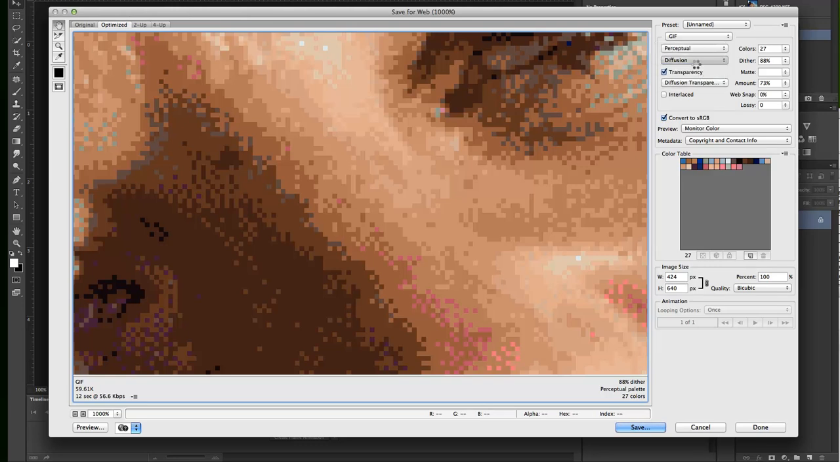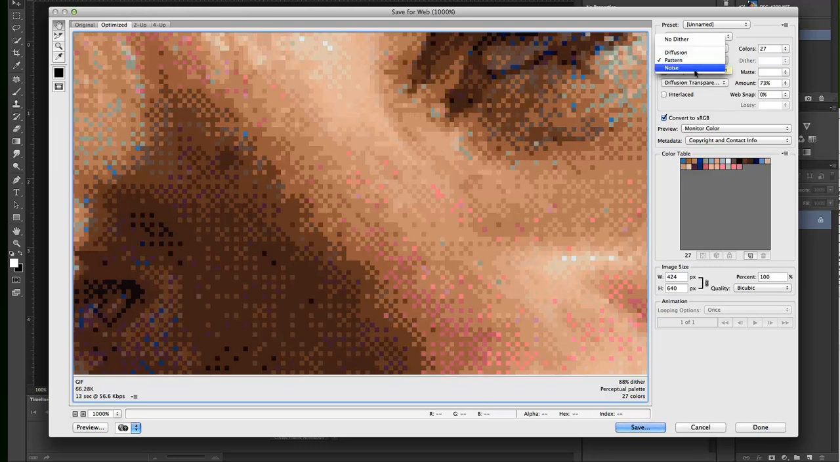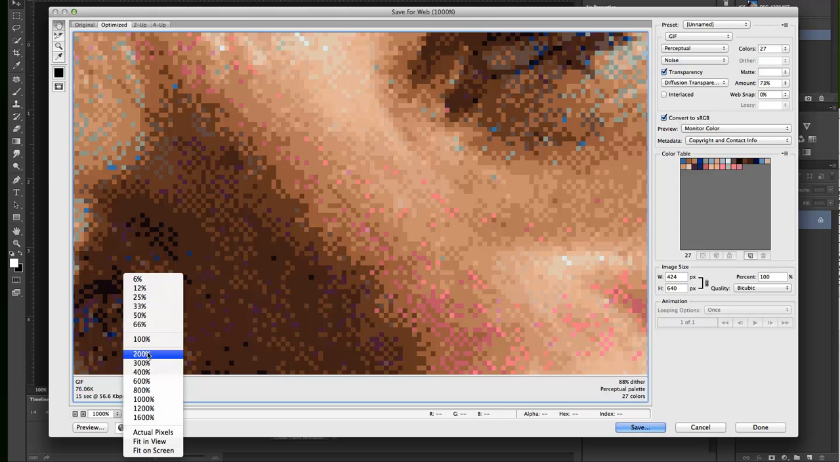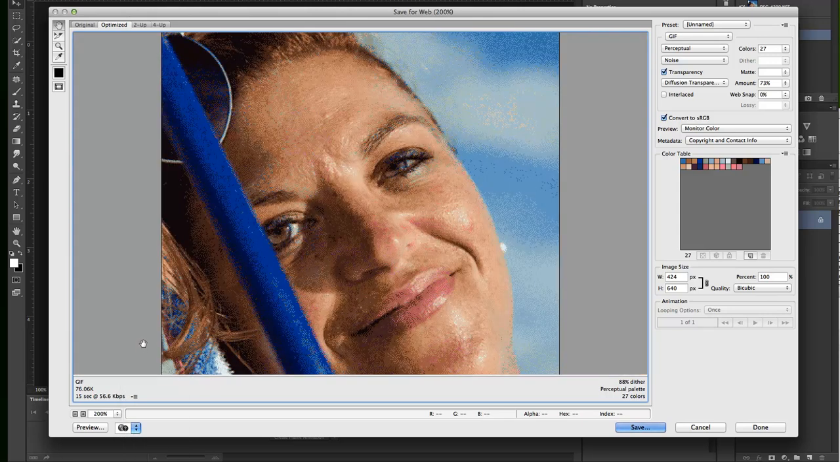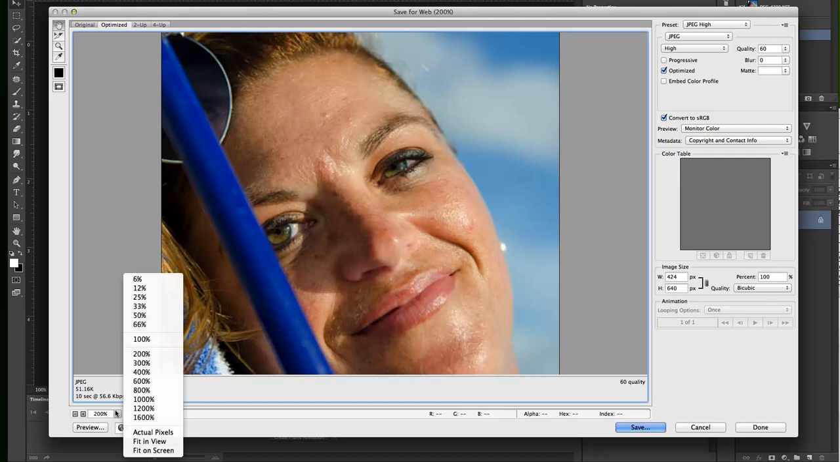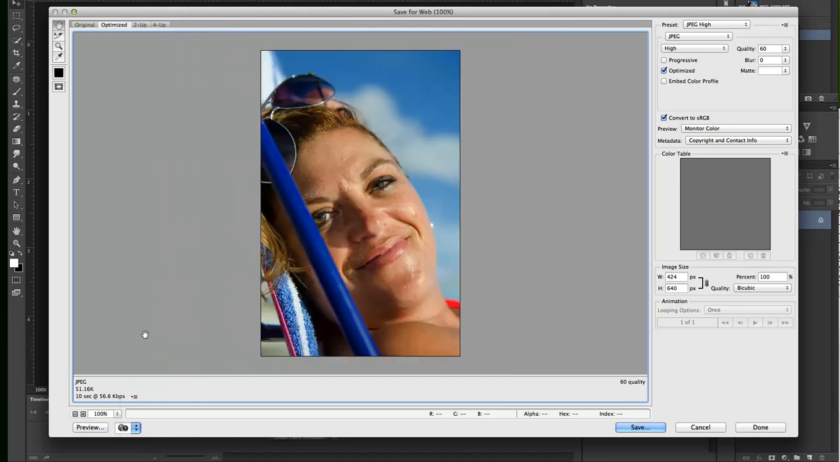Diffusion dither, pattern dither, and noise dither. And you know what? None of those are going to look good. Just saying. Unless you're going for a special effect of some sort, none of those are going to give you the right answer. GIFs are not made to show photographs. JPEGs are made to show photographs. I'm still at 200%, and even though I can see a little pixelization, I do not see much, so 100%